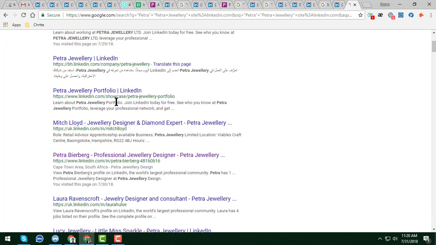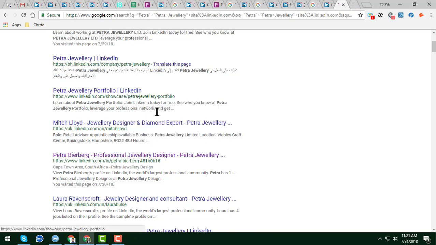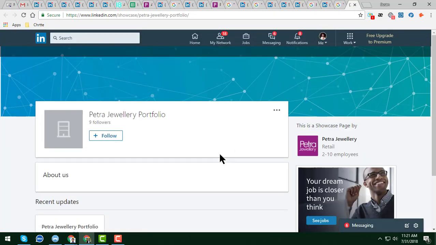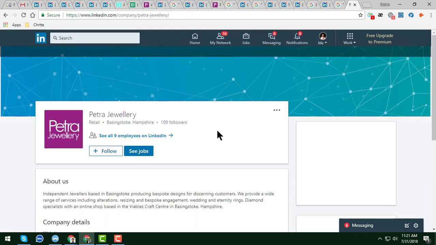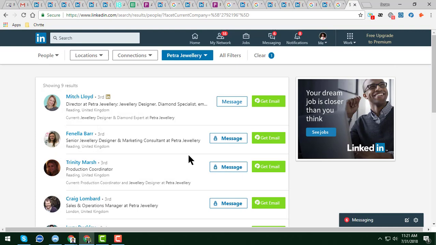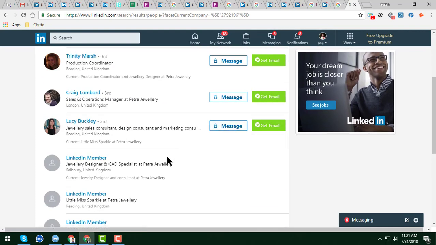We are already looking for Petra Jewelry, and Petra Jewelry. These are the main Petra, and also try to find the Petra here, but we do not find the Petra here. Okay, so if you do not find any Petra or any